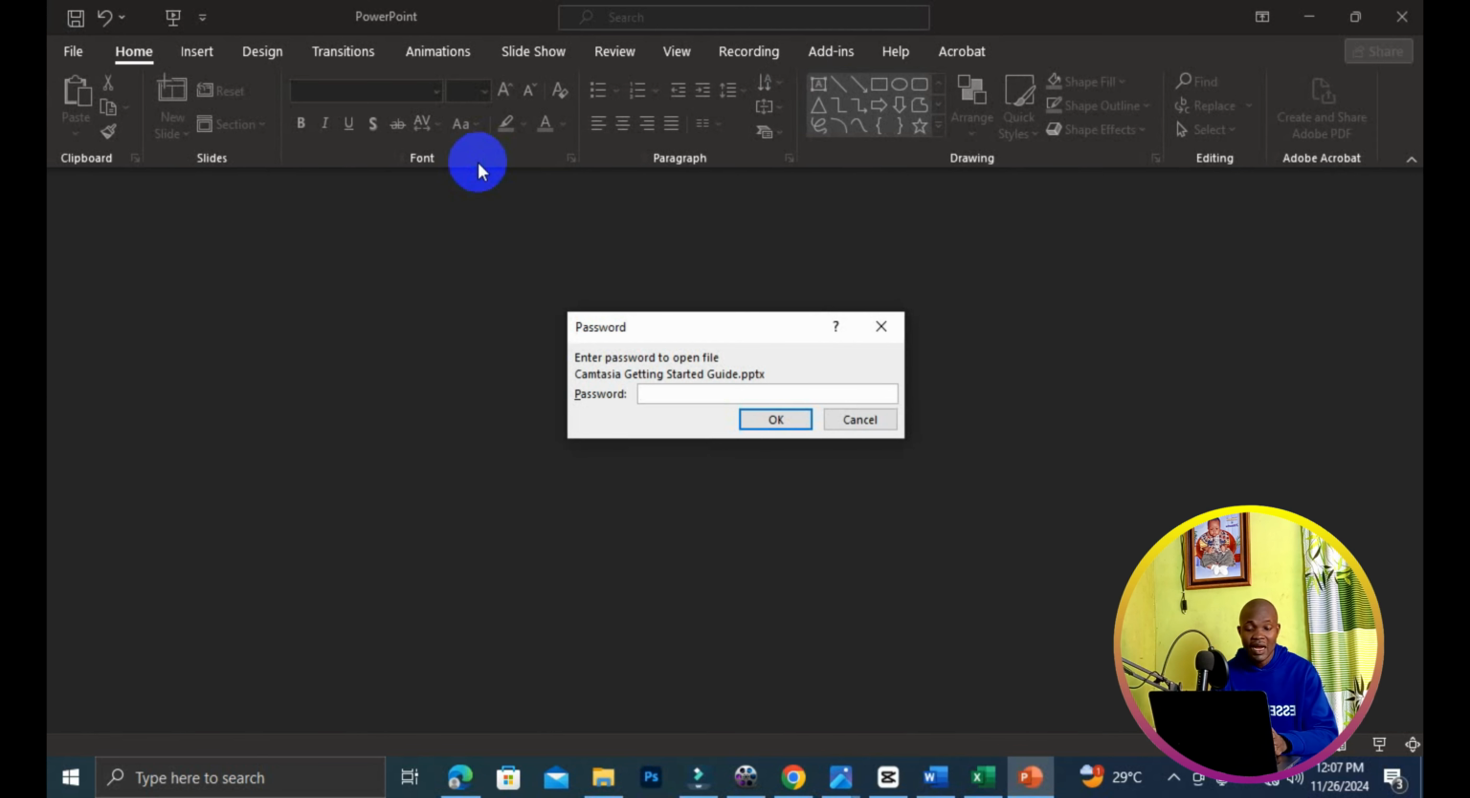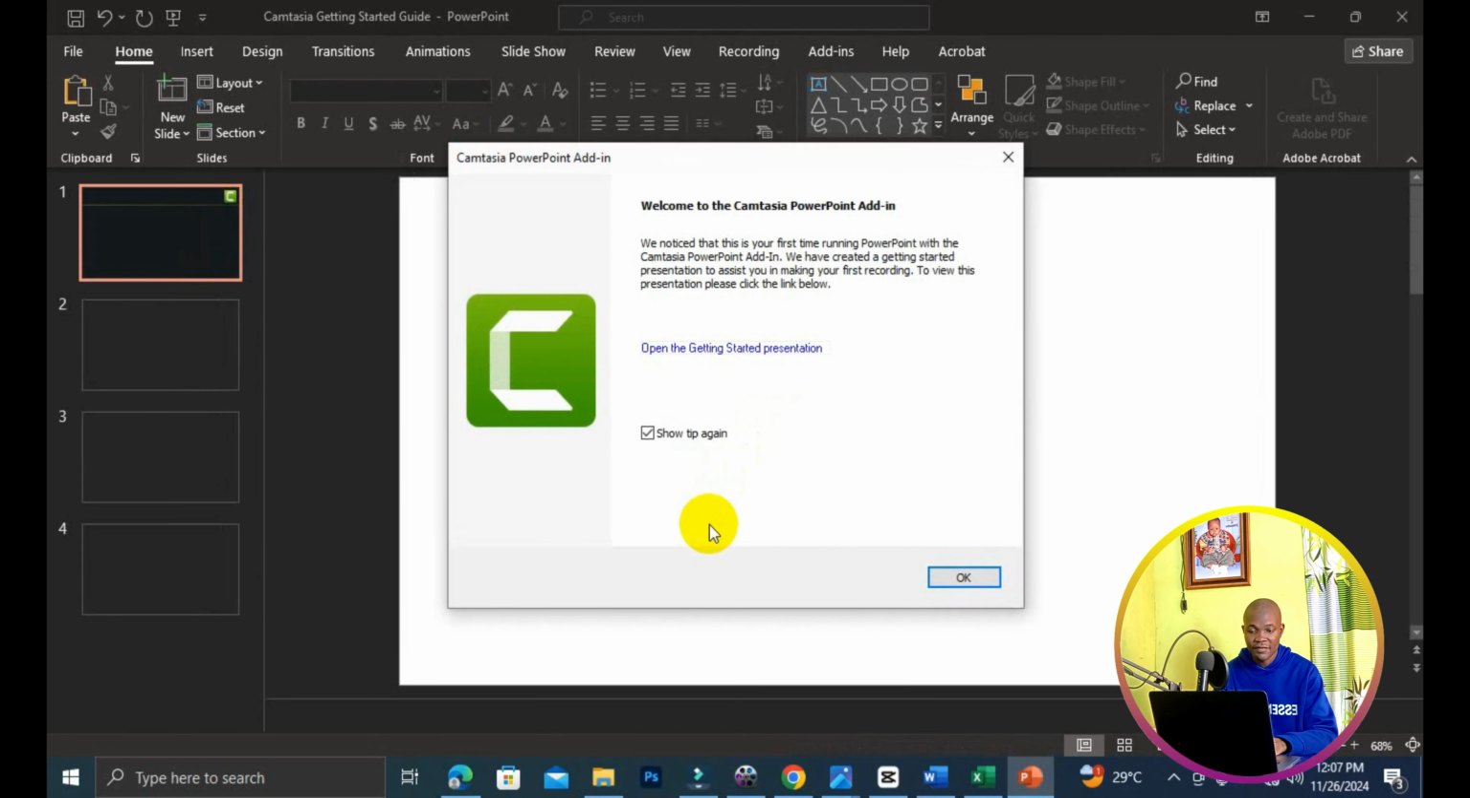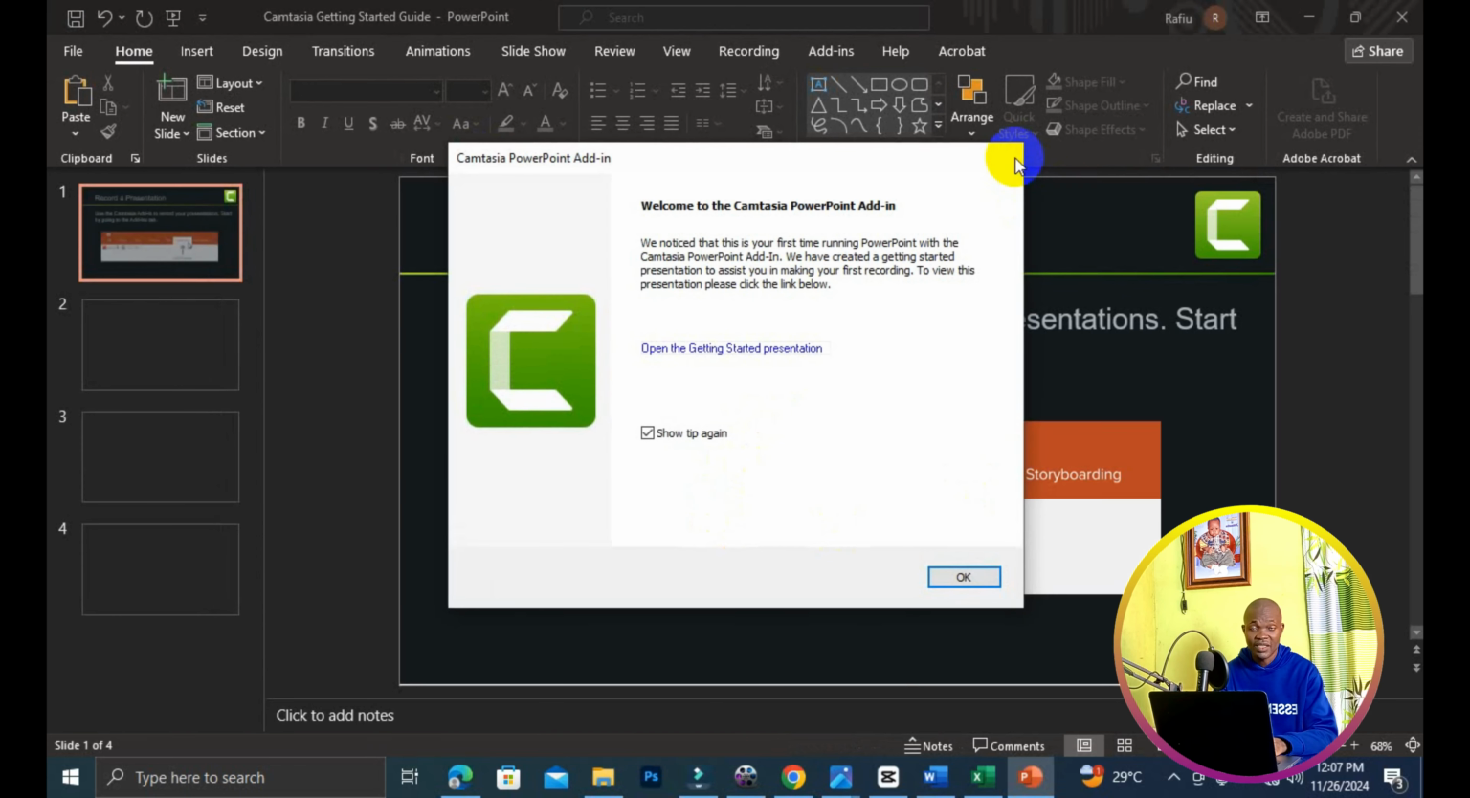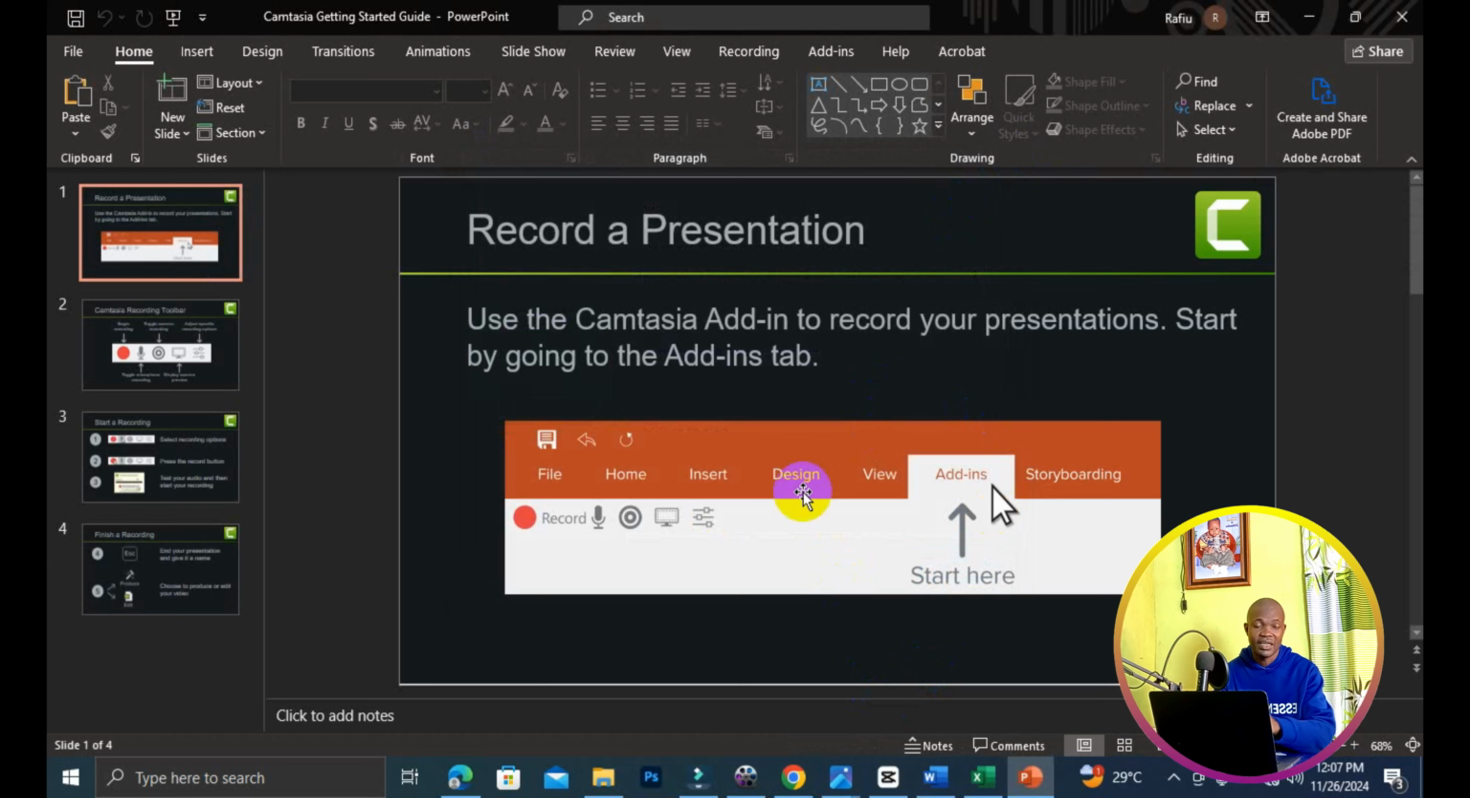Then it requires a password to access the file. What we want to do now is to simply enter the password we used when we created the file, and we hit OK. And you have full access back to the presentation without any stress. It's as simple as that. So basically, this is how to simply add a password to your PowerPoint presentation file to protect people from having access